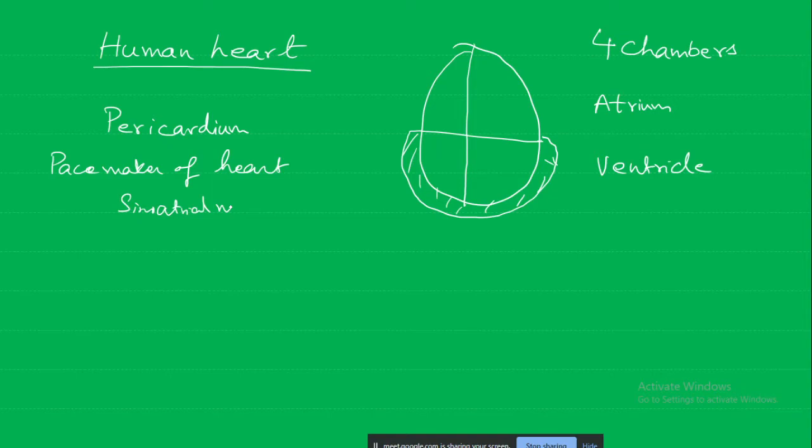Okay. What is the pacemaker of the heart? Sinoatrial node, or SA node. Either way is fine. So that is the pacemaker of the heart. Whether the function of the heart is controlled by the brain, whether the brain is telling the heart now you have to beat: the brain can control the rate of the heartbeat.